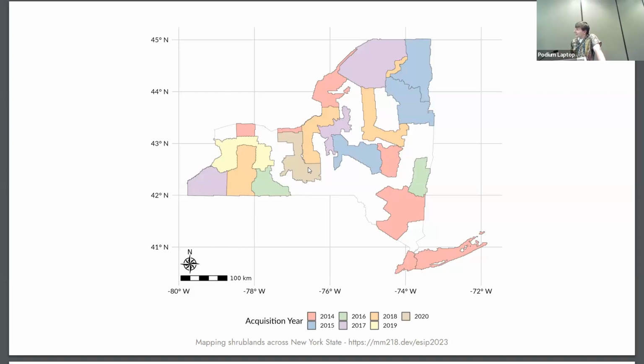Now, the issue is that, as you can see, we don't have LiDAR for everywhere. Even now, 3 years later, we've got a lot more LiDAR than this, but we still don't have LiDAR for the entire state, flown since 2010. And at the same time, each one of these colors is a different year that the data was acquired. If we care about capturing this ephemeral shrubland while it exists, LiDAR does not get us there because we don't have it for the entire state each year. What we could do instead is use this to actually help us train our models in the first place by using it to classify and find shrubland when the LiDAR was taken to actually label our training data for our